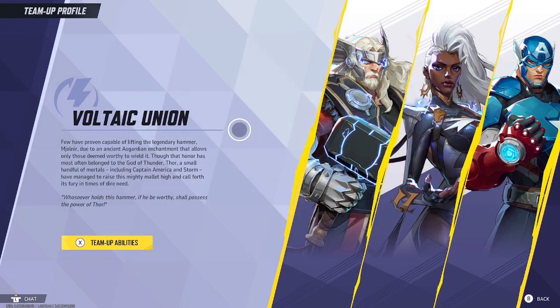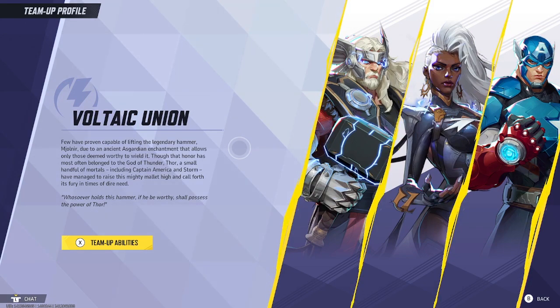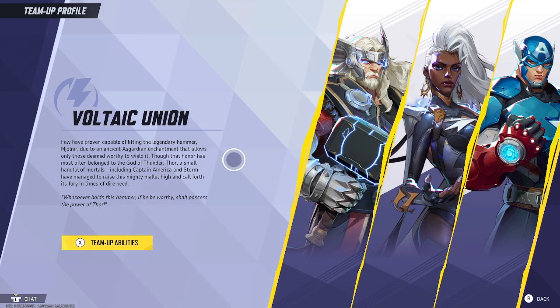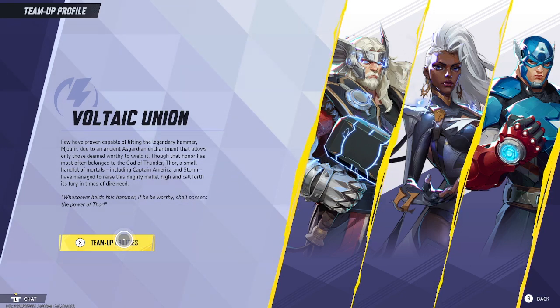Volcanic Union. Field proven capable of lifting the legendary hammer, Mjolnir, due to its ancient Asgardian enchantment that allows those only deemed worthy to wield it. Throughout their honor, with Lomball and the god Thunder Thor, a small handful of mortals, including Captain America and Storm, have managed to raise his mighty mallet and call forth its fury in dire times of